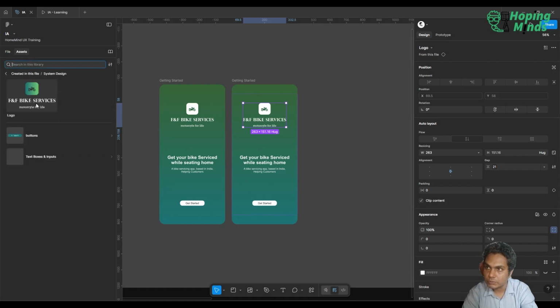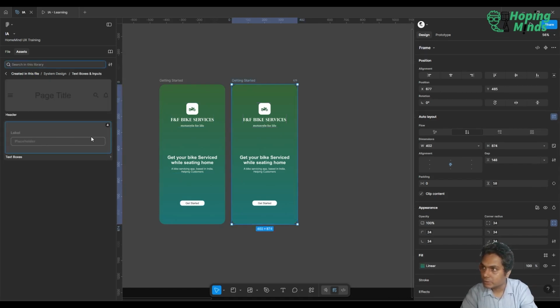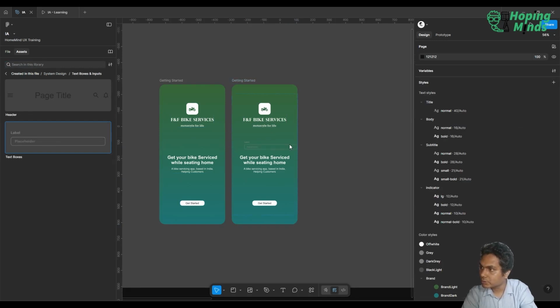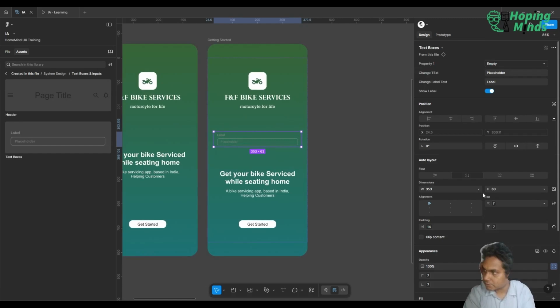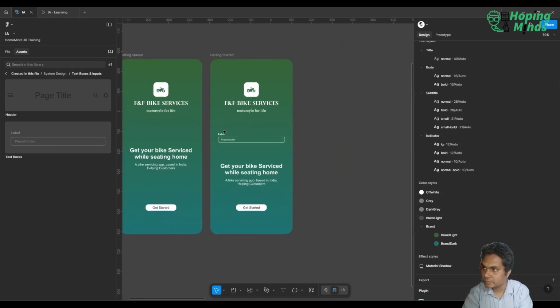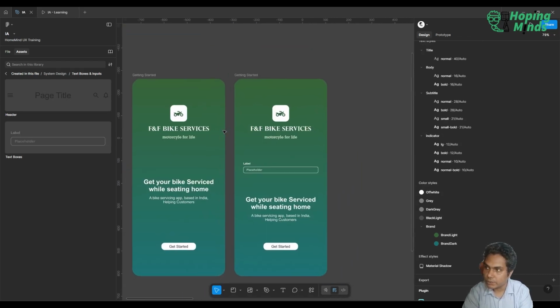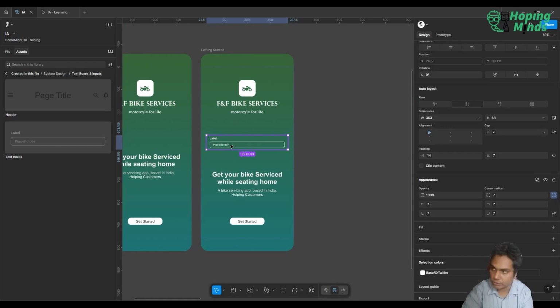Okay, we'll bring text boxes. So we'll select here, we'll go here, and we'll just drag it out. Okay, color wise it doesn't look that good. We'll go ahead and change the colors. Okay, so instead of this, do you want to give an option to the user